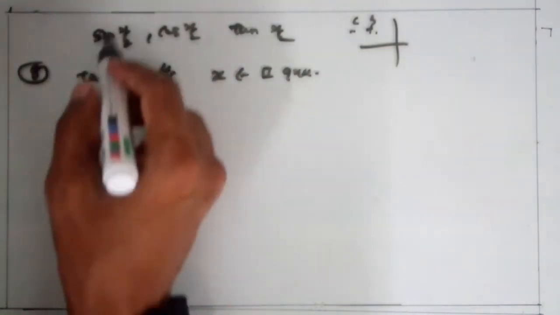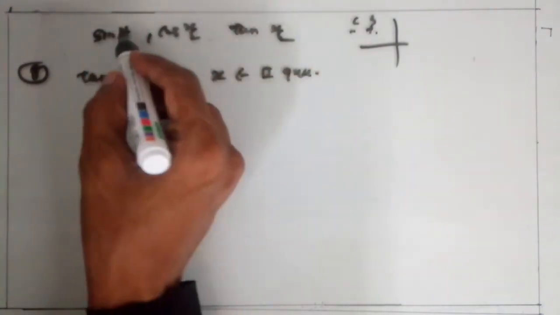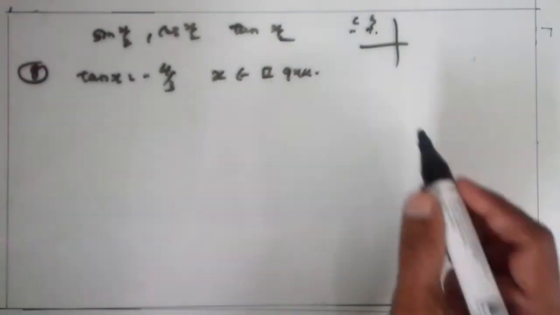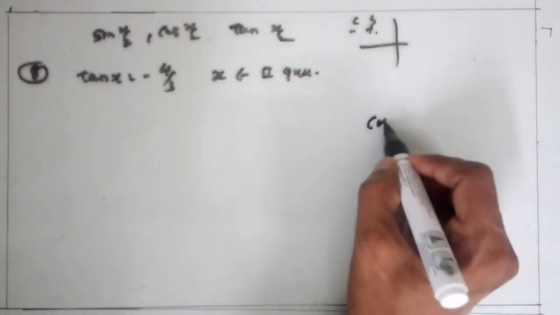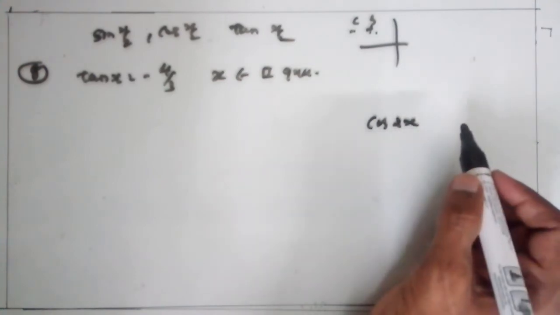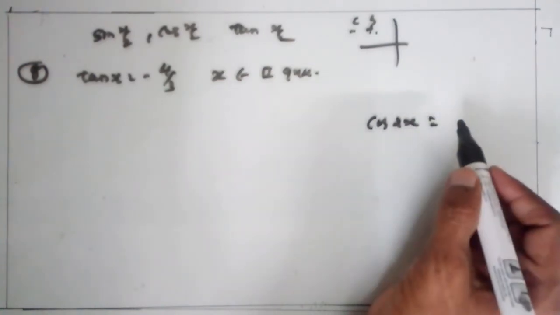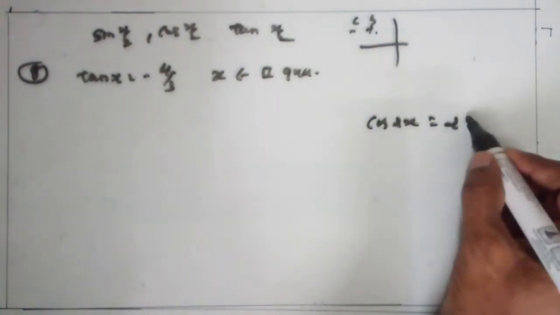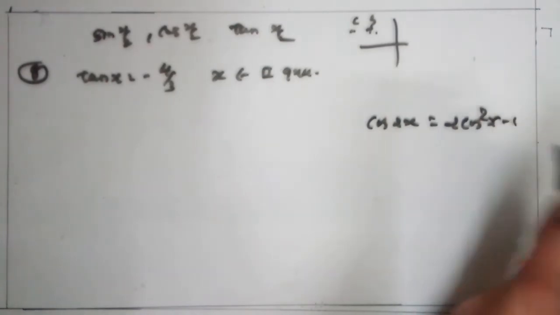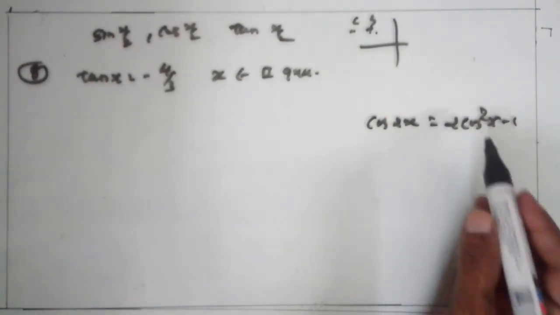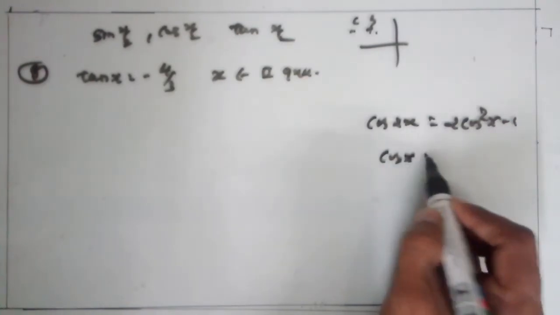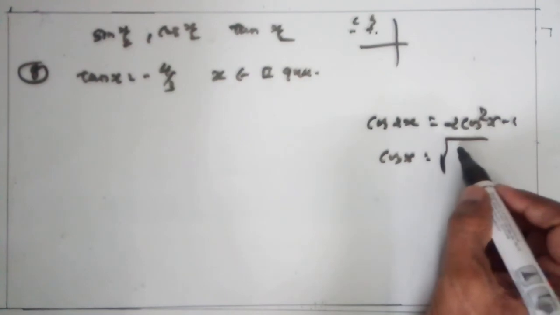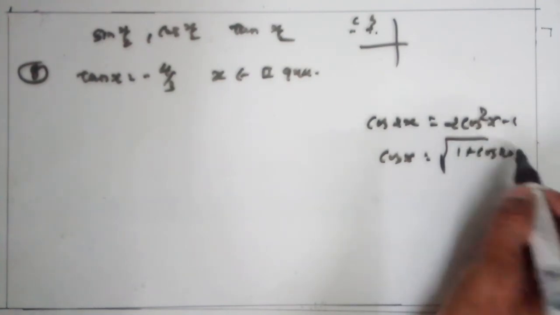So think how to get this half angle formula, sin x by 2, cos x by 2 and tan x by 2. Student, you know that cos 2x formula into cos form and into sin form. Into cos form, 2 cos square x minus 1. So from this here, cos square x is equal to, take 1 this side, divide by 2 and apply square root. So 1 plus cos 2x upon 2.